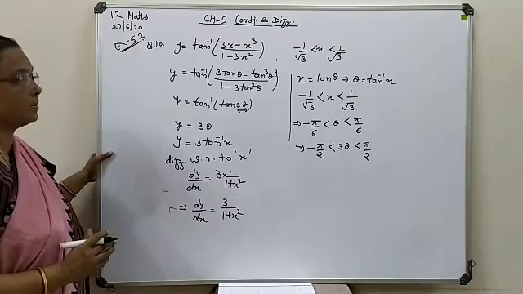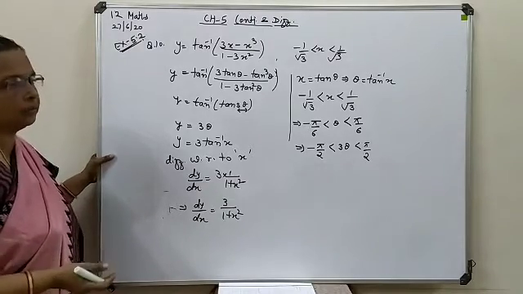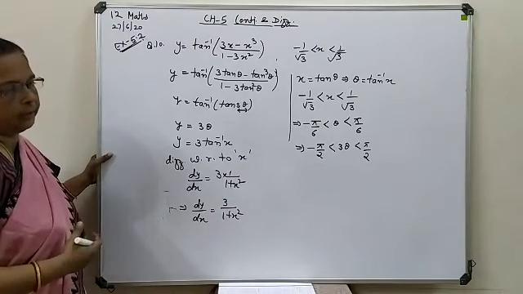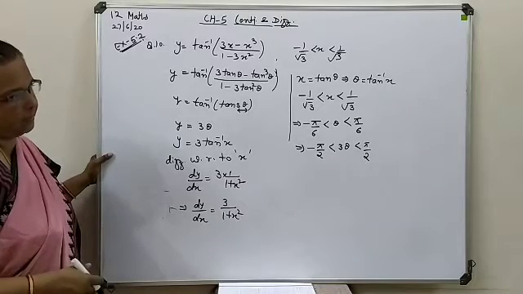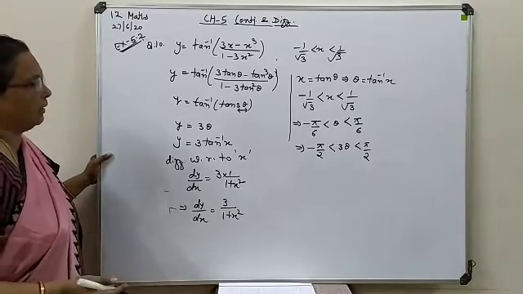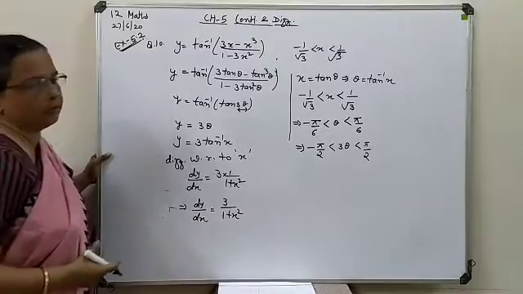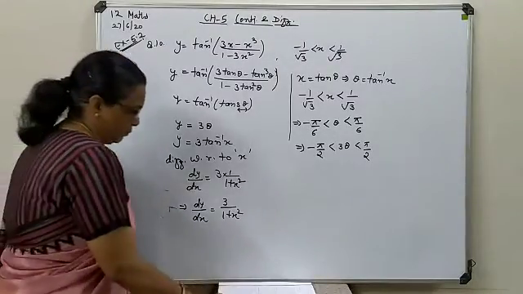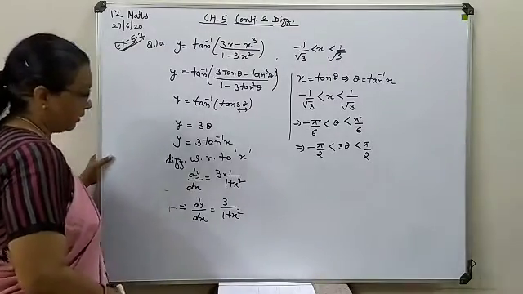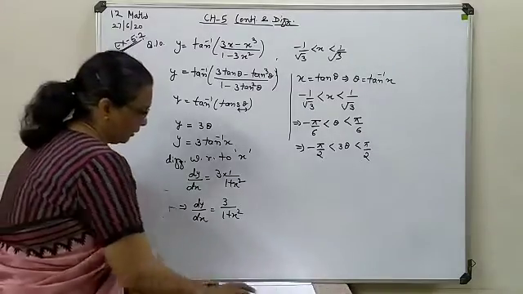In certain cases this range is not up to the required form. So it is to be converted first in such a way that it comes under the range, and then you can proceed for the solution. Now in order to see the same, we look at question number 12.